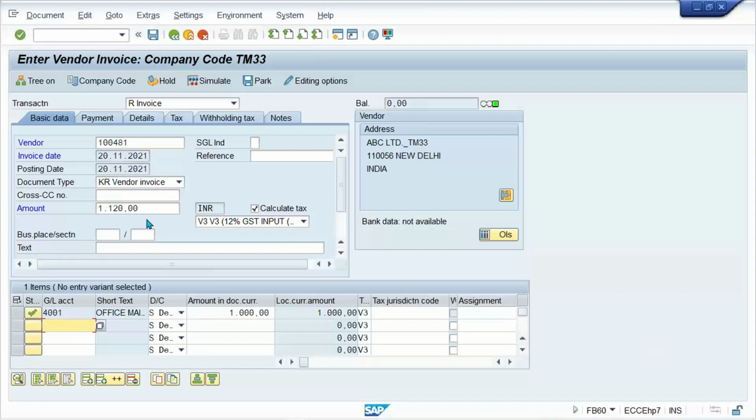So generally what is happening guys, invoice amount we are going to receive from the vendor. So the vendor will say that audit fee amount is 1000, right? And tax will be 120, right? So the final amount payable to the vendor is 1120 that we are going to specify here. And whatever the original amount is, this 1000 only, right? But if you simulate here,